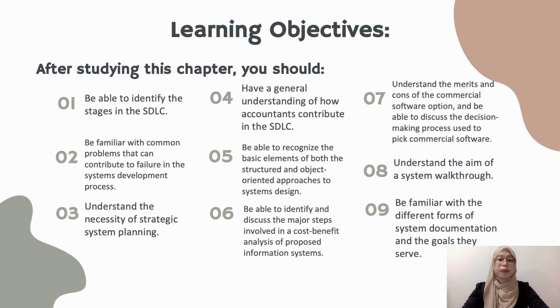this chapter. Be able to identify the stages in the system development lifecycle, be familiar with common problems that can lead to failure in the system's development processes, understand the importance of strategic system planning, have a general understanding of how accountants participate in the SDLC, be able to identify the basic features of both structured and object-oriented approaches to system design, be able to identify and discuss the major steps involved in a cost-benefit analysis of proposed information system,